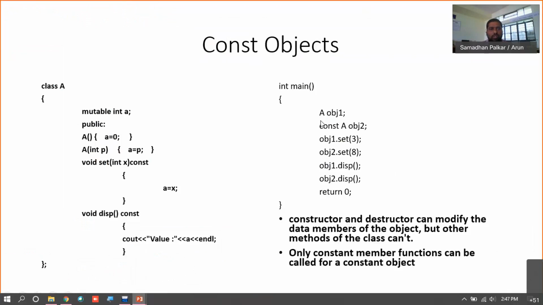Okay, so just like आपण म्हटलं होतं मगाशी की functions are constant, even set of functions can be made constant. Just like those, you can use a constant object as well, right? By using a constant object you can access non-constant function as well as constant function. तुम्ही दोन्ही कॉन्स्टंट ऑब्जेक्ट क्रिएट केला तर त्या केसमध्ये दोन्ही फंक्शन कॉल करू शकता, राईट. कन्स्ट्रक्टर अँड डिस्ट्रक्टर can modify the data member of object but other methods of class can't, right? And only constant member function can be called by constant object.